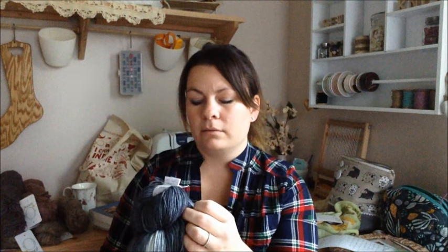And so I looked up the yardage and went to Miss Babs and found this beautiful skein of yarn. It's light worsted. It's the ammo